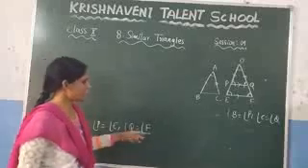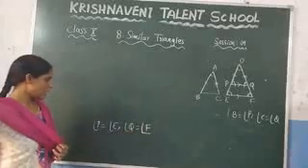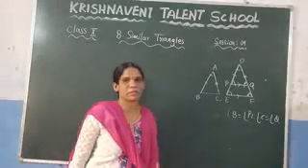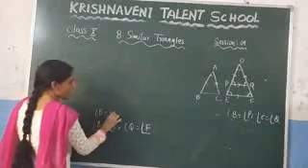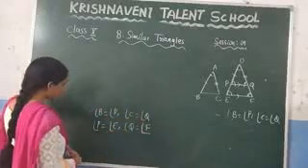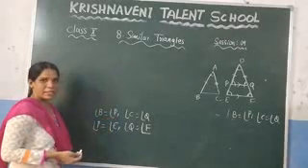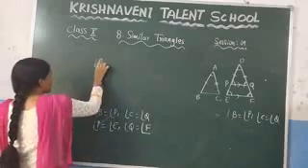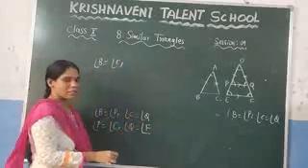So here at first we have proved this condition, and now we have proved this condition. Now compare these two. Here we got angle P is equal to angle E, and here we got angle B is equal to angle P. If you compare those two, here I am writing angle B is equal to angle P and angle C is equal to angle Q. Right, that I have written here. So here you can observe that angle P is equal to angle P here, and here we got angle P is equal to angle E. Since these two are equal, we can equate these two. From that we will get angle B is equal to angle E. Similarly, if you consider these two equations here, this is angle